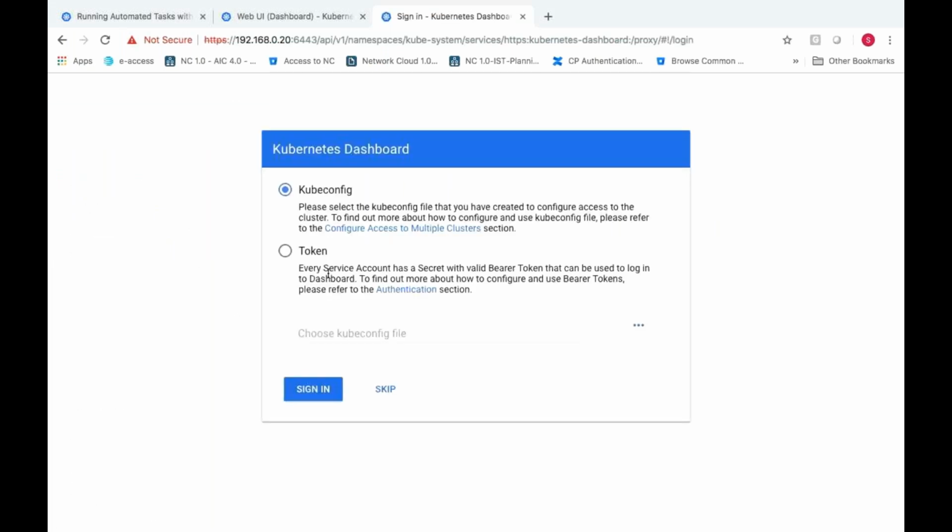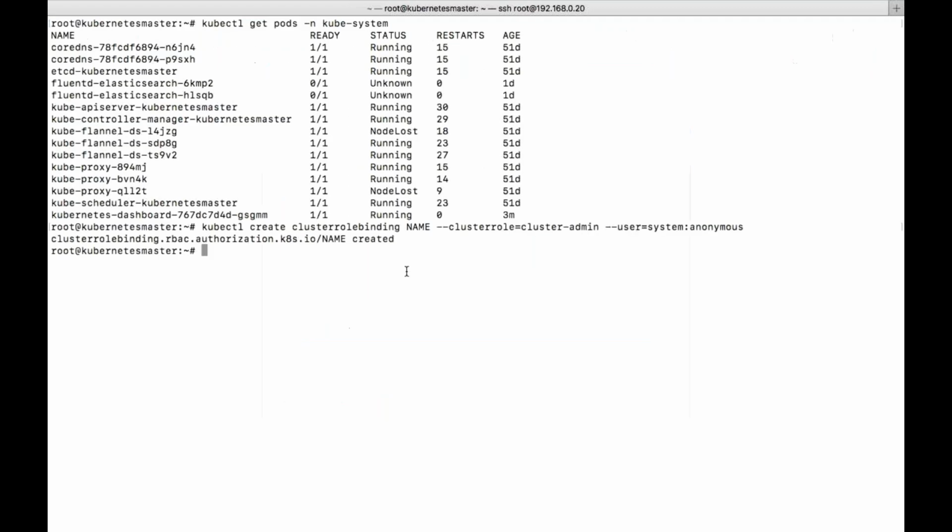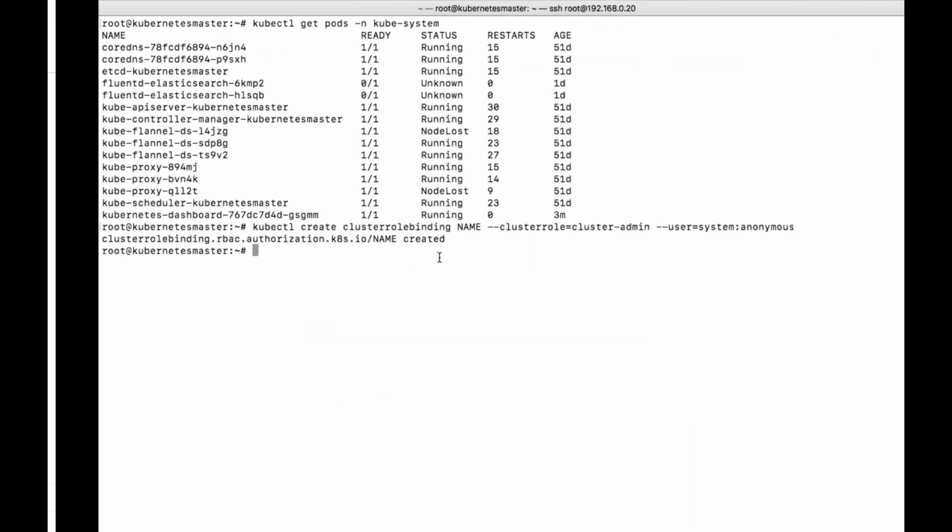So here we need to give a token, or we can use the config file. Token in the sense, let me give the token. Where is the service account which I have created?